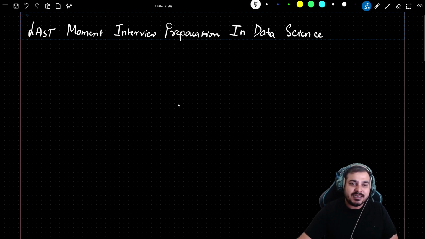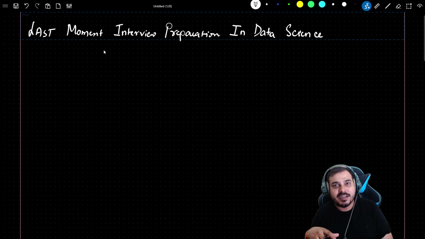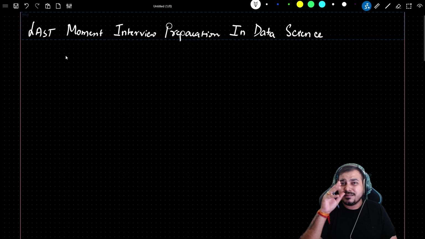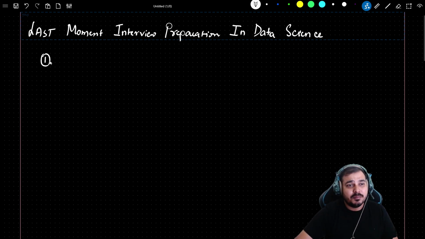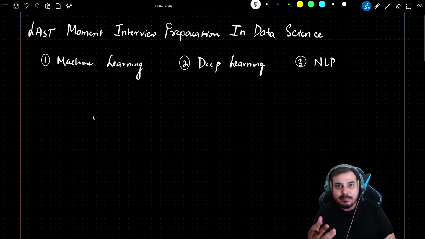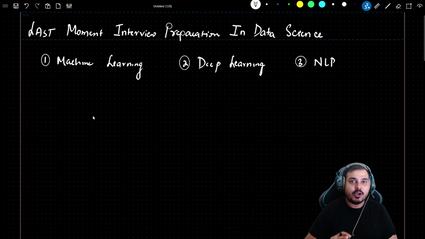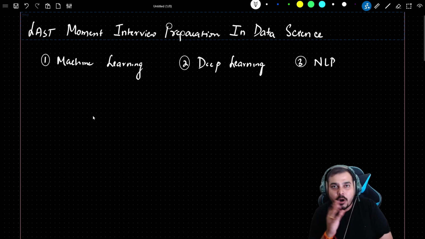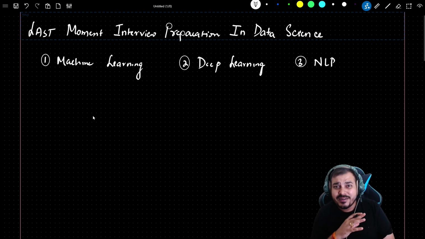Now, the first thing to always understand is that, throughout your preparation of data science, let's consider the most important things. One is the machine learning project. Okay, so I'll just divide this into three sections. One is machine learning, the second one is deep learning, and the third most important topic that you will probably be learning is NLP, right? Stats will definitely be there, in some way or the other that you are going to use. There will be different modules like feature engineering and feature selection that will definitely be there.